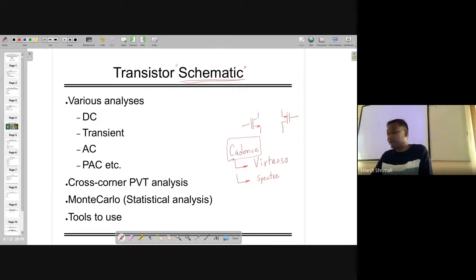So it's a very expensive tool. But at the same time, if you learn this, or if you are an expert on this tool, you can write it down in your CV and you can apply for any job, and you can say that you don't require any kind of training because training has already been done. So that's actually an advantage if you are using the Cadence tool over here.